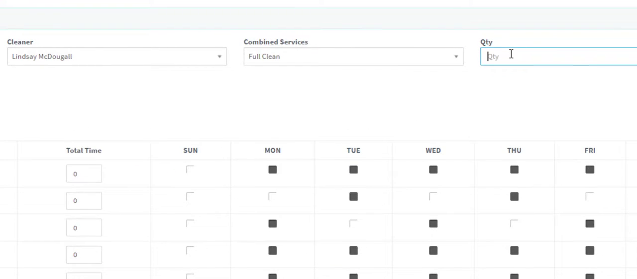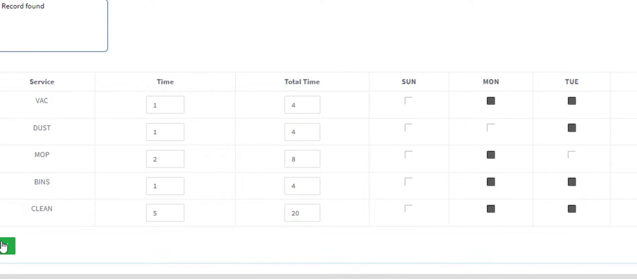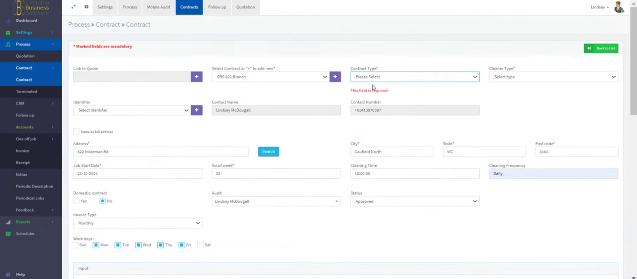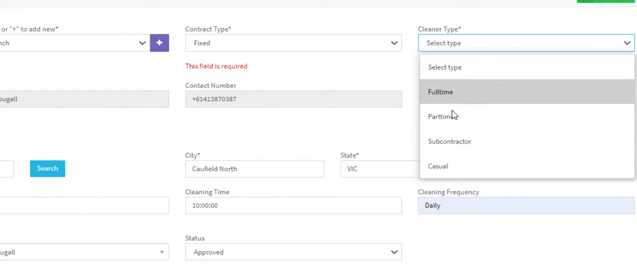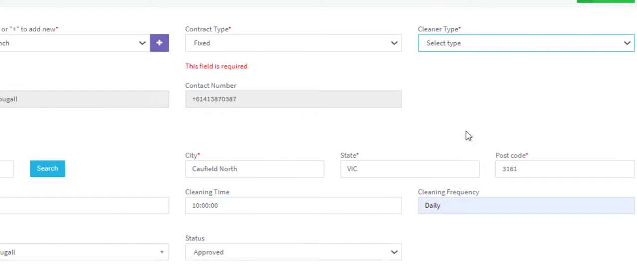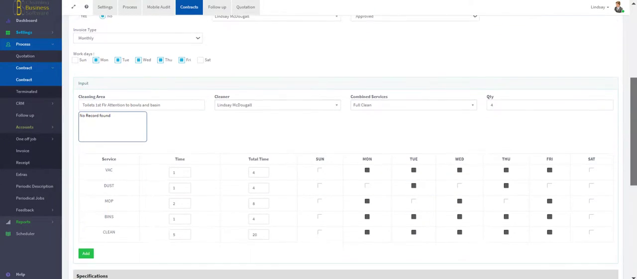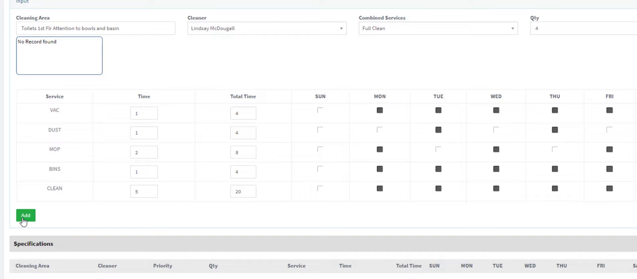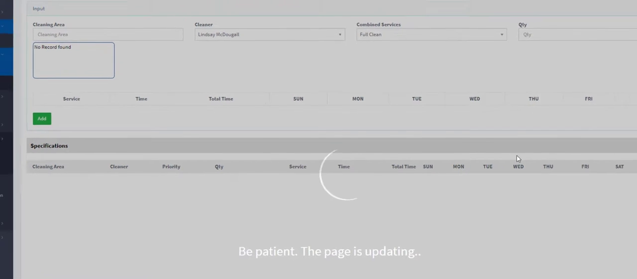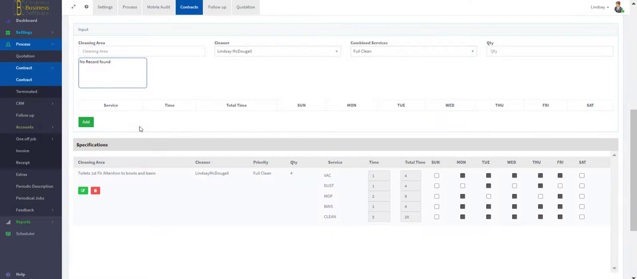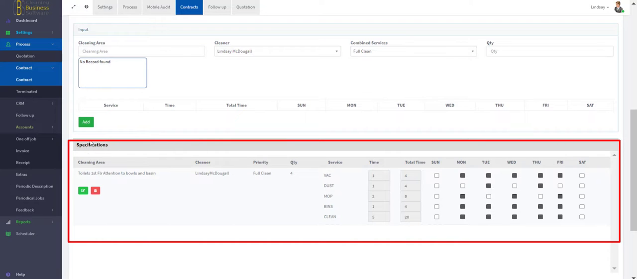Put in the quantity of toilets in this instance we're entering and press add. Once you press add, you'll see that I've missed selecting from the top down, which I highly recommend that you actually work from the top down when entering the data, otherwise it won't allow you to complete the process. So again, scrolling down now, I'll press add, and if I've correctly filled in the detail above, you'll see that it now is dropping that detail into the specification area. You continue to do that